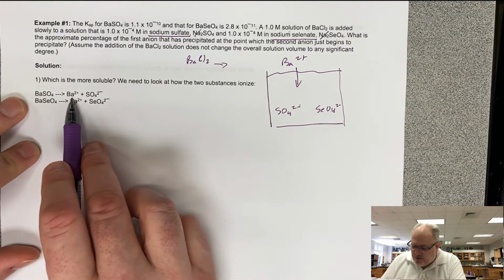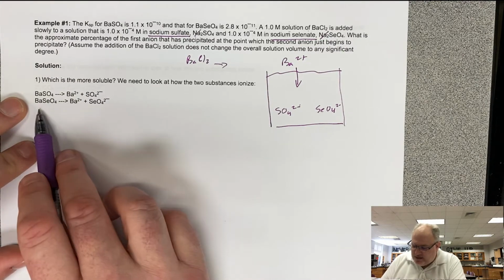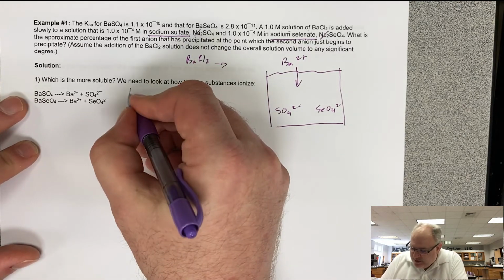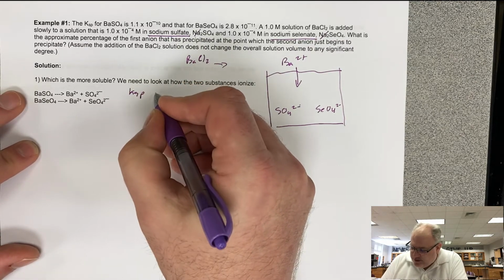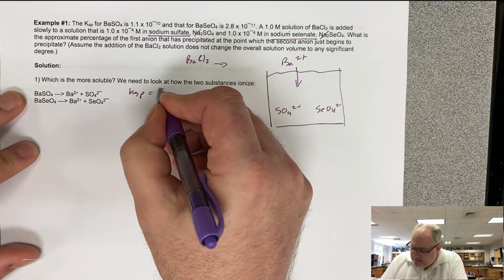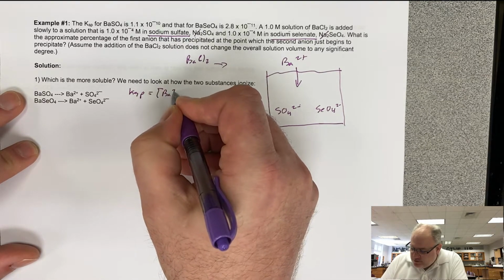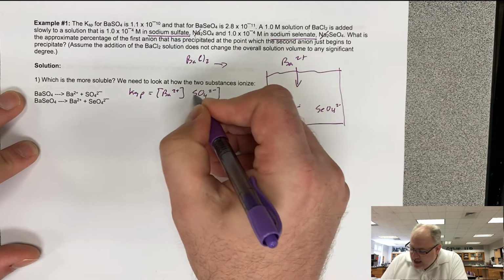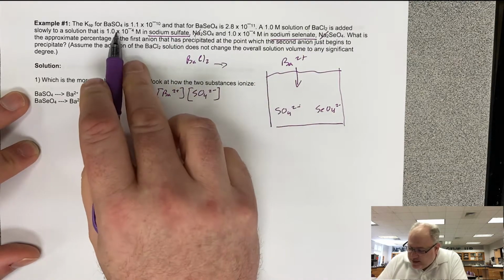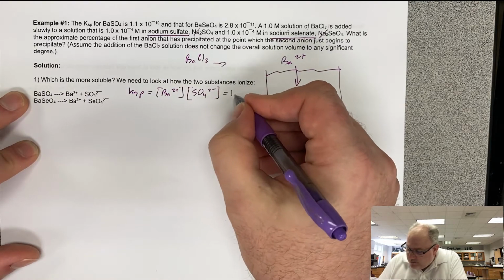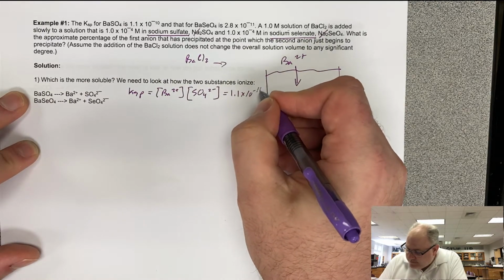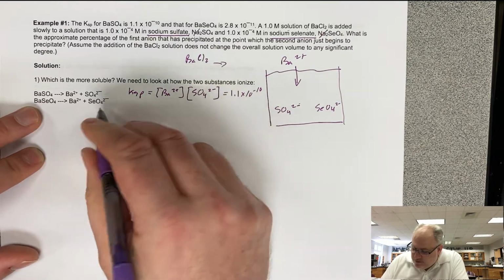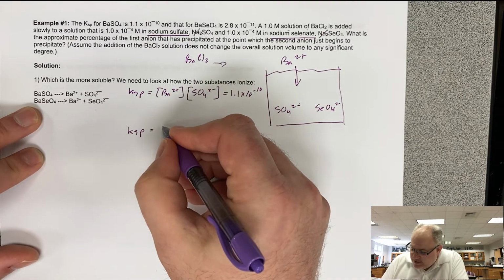So BaSO4 goes to Ba2+ plus SO4 2-, and the same thing right here. But I'm going to write Ksp expressions for both of these. So I'm going to write a Ksp for the first equation right here, and it would be equal to Ba2+ times SO4 2-, and they give us the Ksp for BaSO4 as 1.1 times 10 to the negative 10. Also, they give us the Ksp for this equation right here,